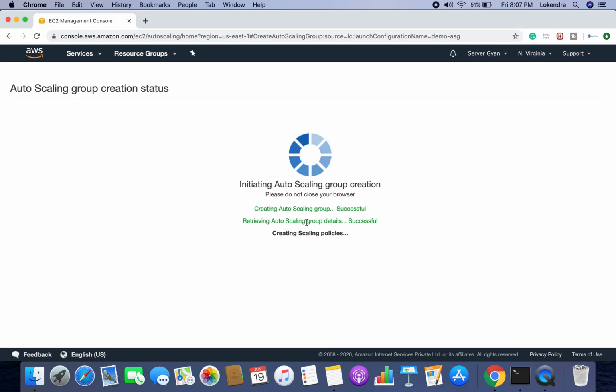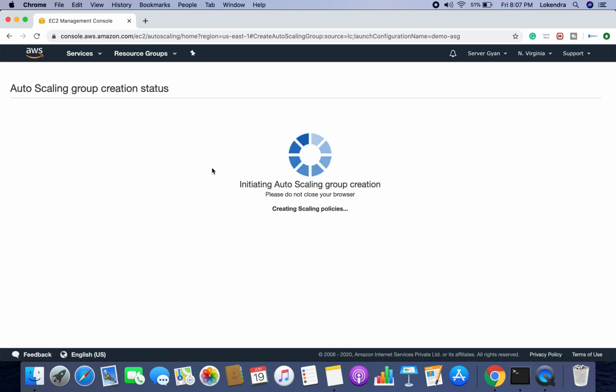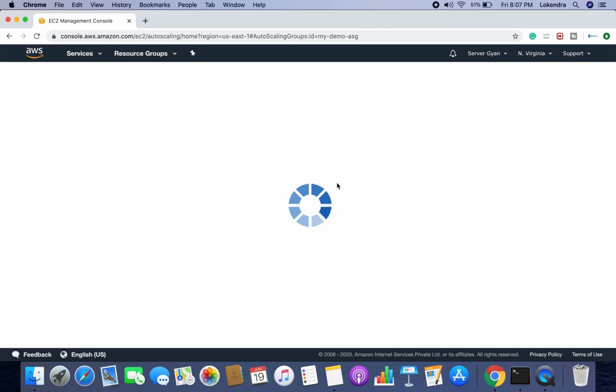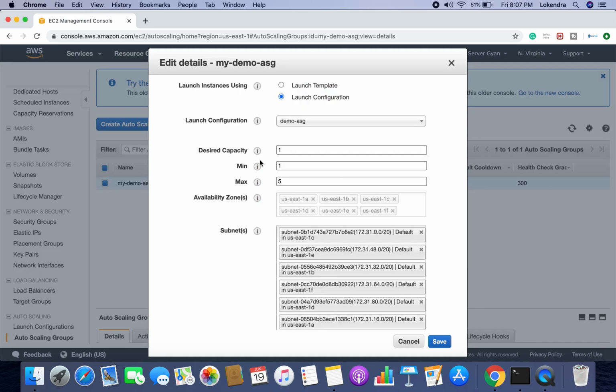So the main thing I wanted to discuss with you guys is this. The question was that the auto scaling group should be created, and once it is created, there are three values. If I try to modify this, there are three values here: what is the desired capacity, what is the minimum, and what is the maximum.